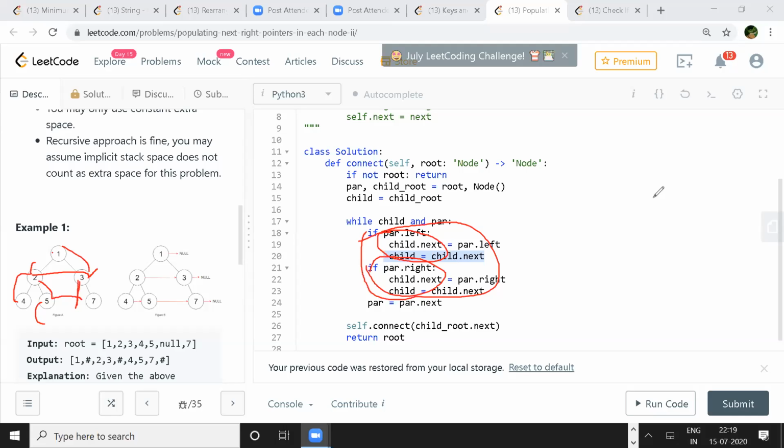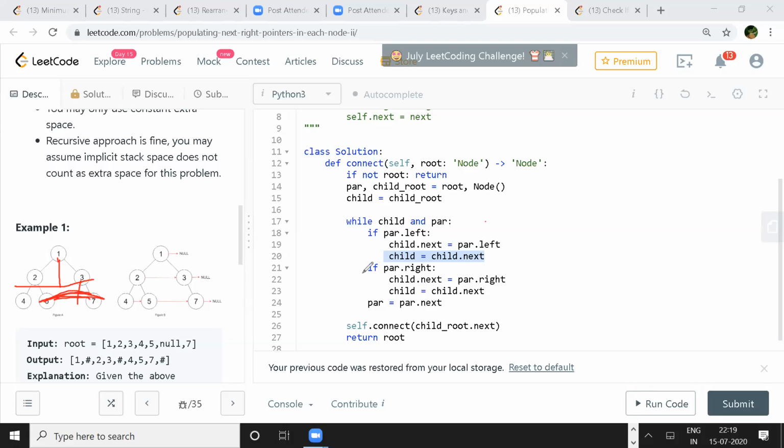So this is a very clean and small code also. Yeah, it is. I saw it in the discussion section. So in the while loop, we take care of one level, and then you recurse for the next level. Yes, that is what we are doing. For the first level, we are checking if it has any left child. Since for 3 you don't have any left child, it will directly go to the right one and connect with the right.